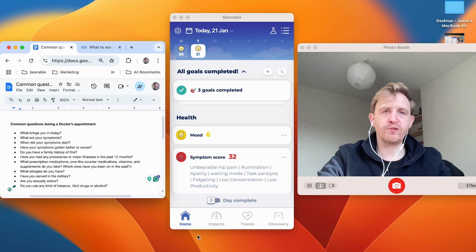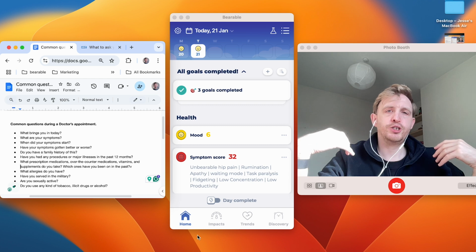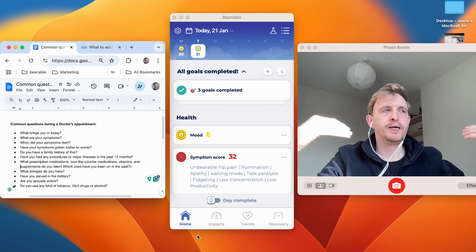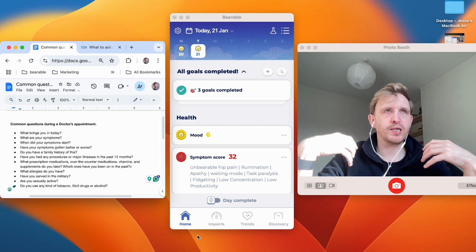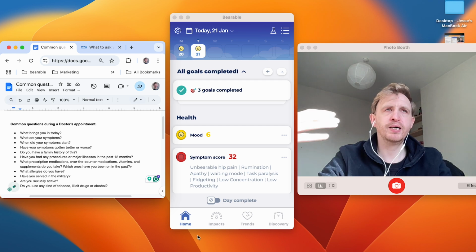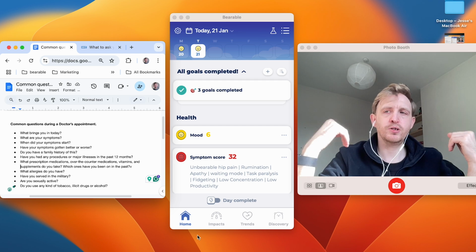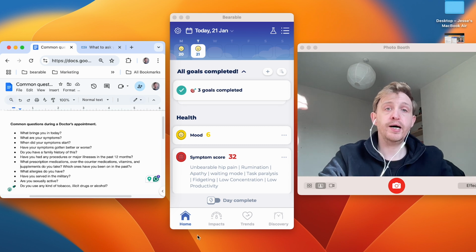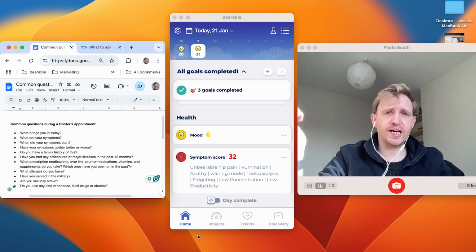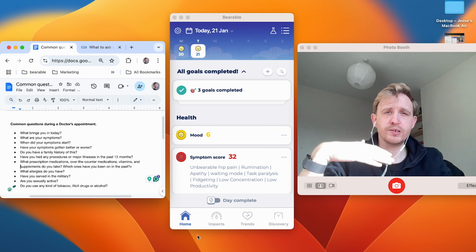One of the things we've heard from the community over the years is that sharing tons of data with a doctor doesn't really work. They're not going to have a positive response to you just throwing everything you have at them. It's often better to work within the constraints of the information that a doctor is going to find helpful and useful. So I want to look today at the questions they might ask you during an appointment and how to set yourself up for success in that situation.